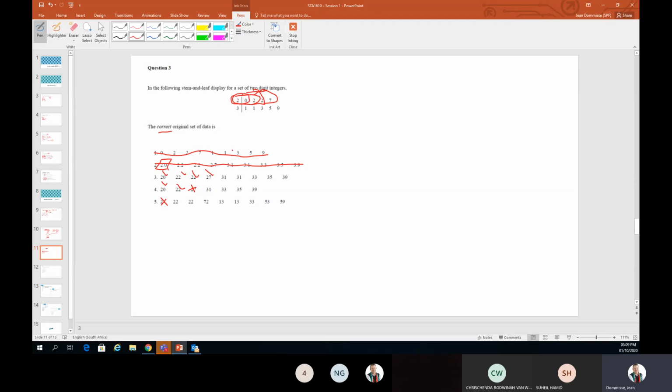So the next one will be then 31, which is correct. Another 31, which is correct. 33, which is correct. 35, which is correct, and the last one is 39, which is also correct. So again, option 3 for this was the correct option. So again, as I like to do it, you nearly eliminate a few of your options, and then you can hone in on the 1 or 2 that are very similar, and then see which one will be the correct one.